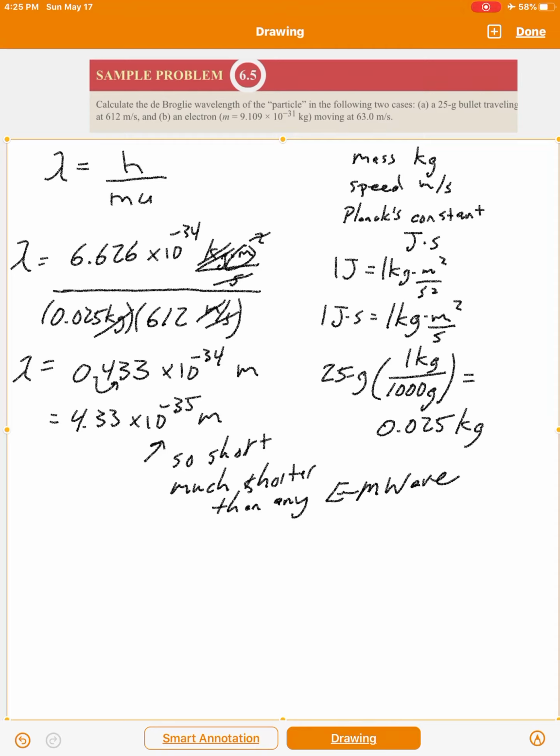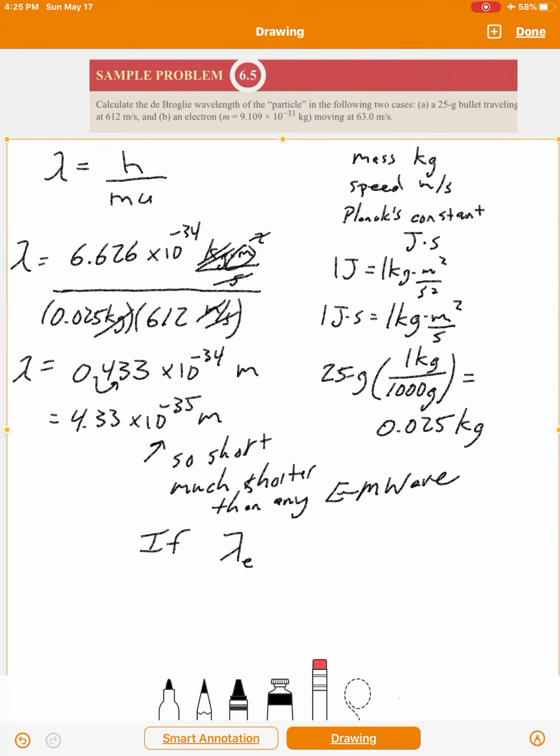The shortest wavelengths in electromagnetic waves are gamma rays, around 10 to the minus 12, maybe 10 to the minus 13 meters. This is so short, it does not correspond to any electromagnetic wave. And so what we would say is that if the wavelength of the electron, well, this is a bullet, not an electron, so let me erase that, of the particle